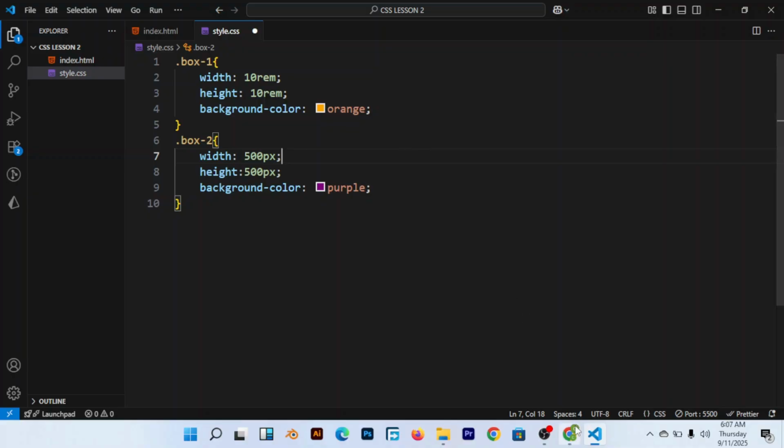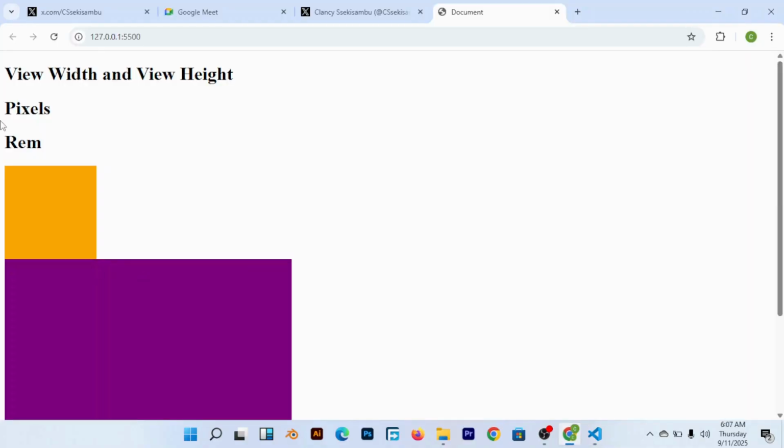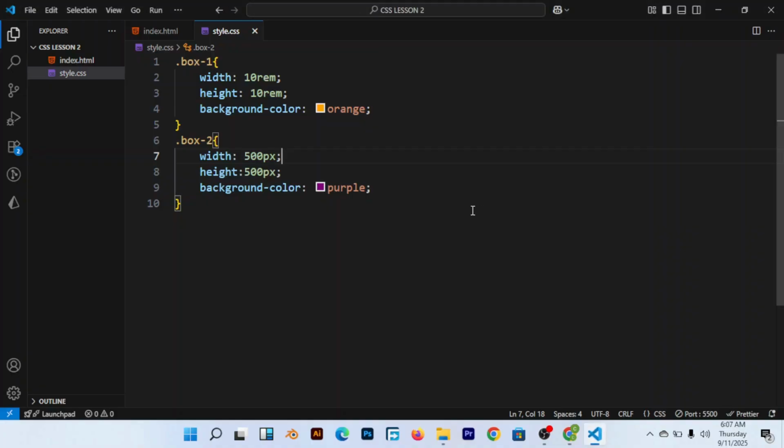Okay, box 1. I'll see how box 1 looks. You see how box 1 looks? 10 rem width and 10 rem height. You see? Now I come here on the second box and I say maybe the same 10